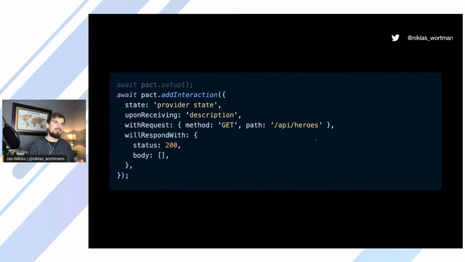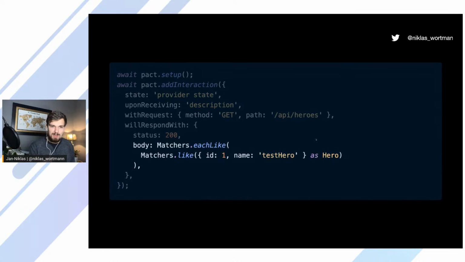For the provider verification, this would not work really well, as it's very unlikely that at any point in time our backend service will always reply with an empty array. Imagine you have some kind of database. At some point, there will be values in your database which are going to be returned. And by default, Pact does very, very strict type checking on those types. So if there's anything else than an empty array in this array, this test will fail on the provider side. So what I specify in this contract now